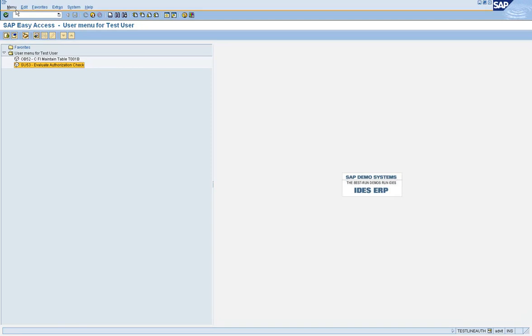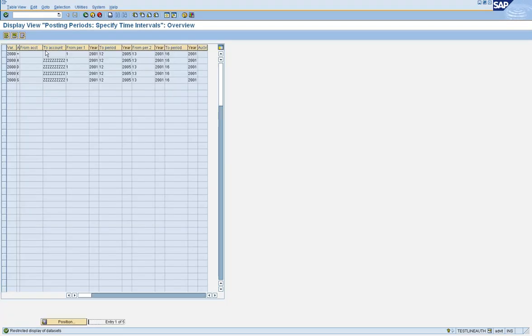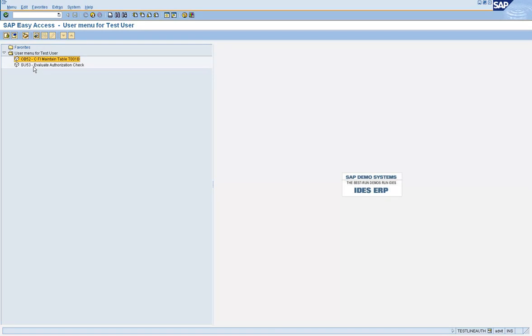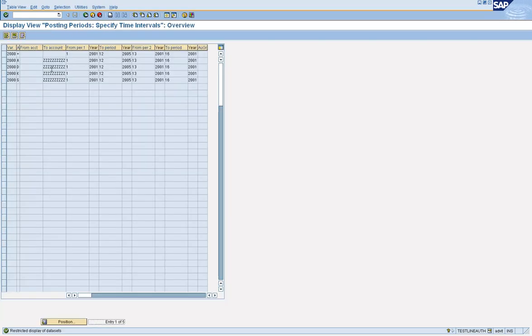So basically go and execute the transaction code again. So even though it says, let's go and click on no data maintenance authorization, display only, which means you cannot change the data, but you can display the records.